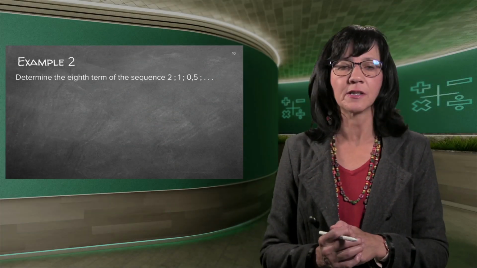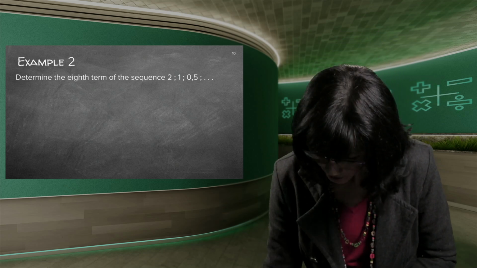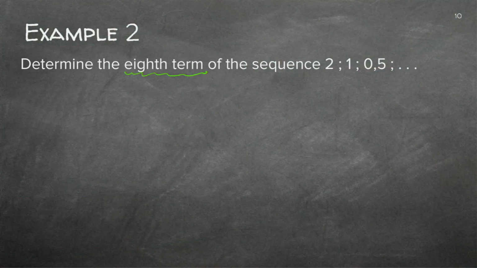Good. Let's do the last example. Determine the 8th term. Now, before I carry on any further, determine the 8th term. That tells exactly what I must do. I must determine T8. So I must determine the term itself, and they tell me which one, the 8th. So they give me the n. And there's my sequence. What do I always need when I do any sequence sum?